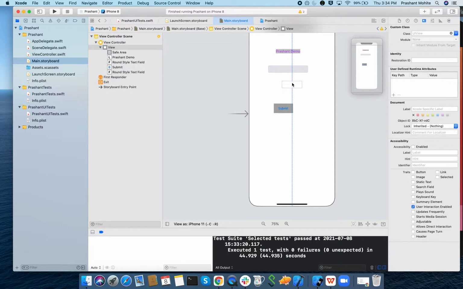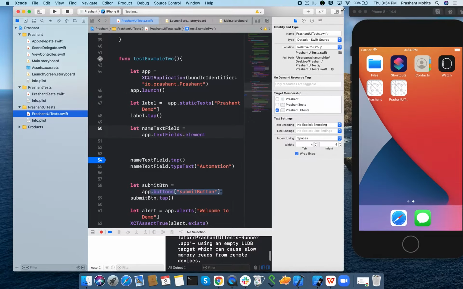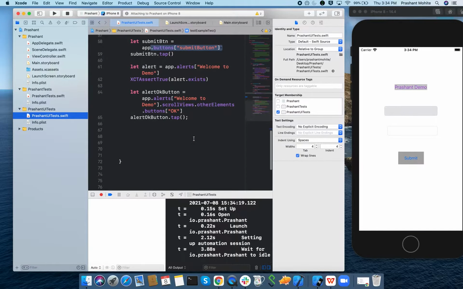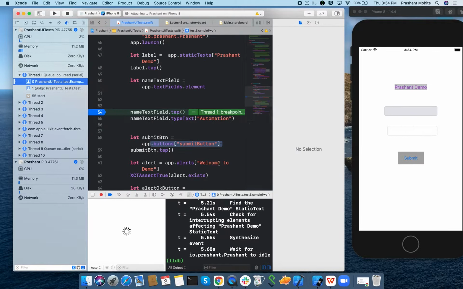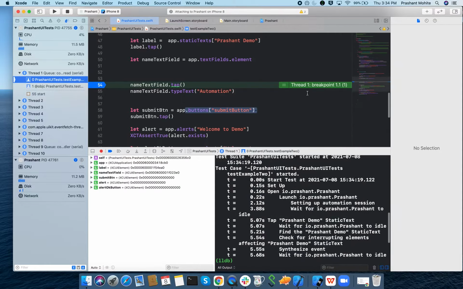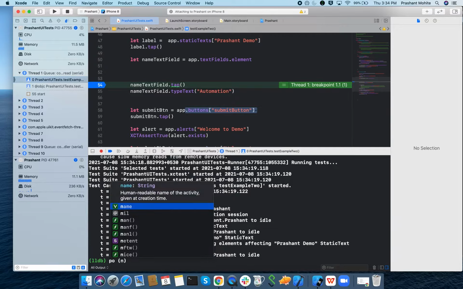So now there are two text fields. Now we'll see what is happening. If I run the test case now, it should fail, right? See. Now let me put this like this. Now I'm just checking how many elements are found with the name text field.